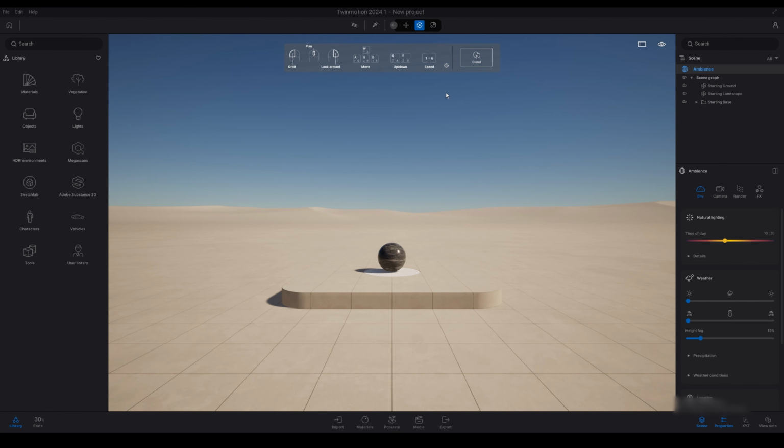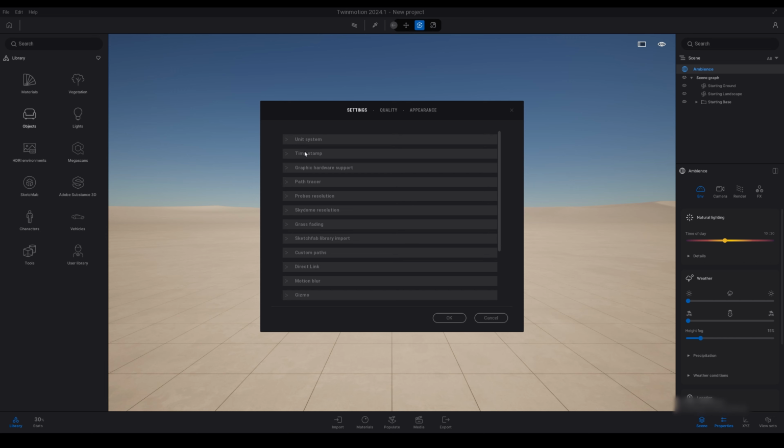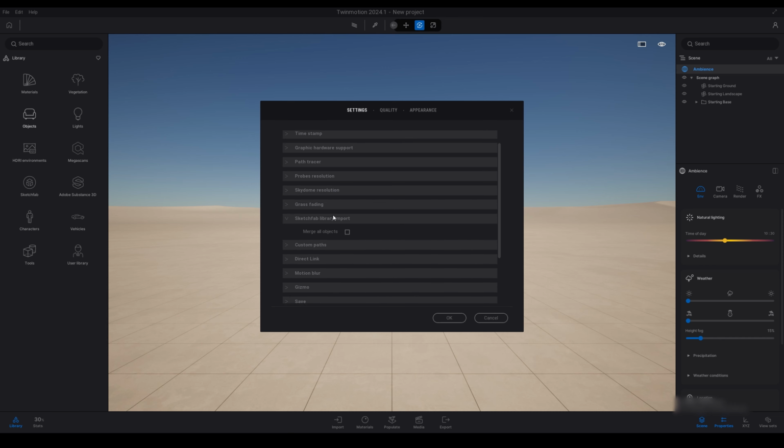So moving on to the spacing and area tools. Just going to go to the settings cog here, run down and hide navigation panel just to get that out of the way. Then we're going to run up to edit, go to preferences, just run over our settings here to make sure that we've got everything intact and ready to go, as this is a new Twinmotion 2024.1 that I've opened, so you have to run through the settings and reset the settings for each new Twinmotion version.